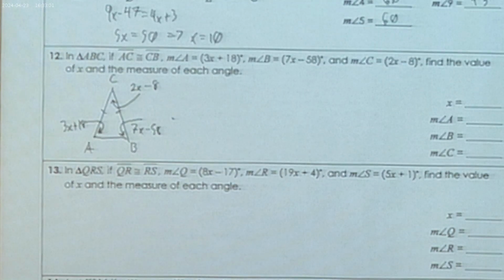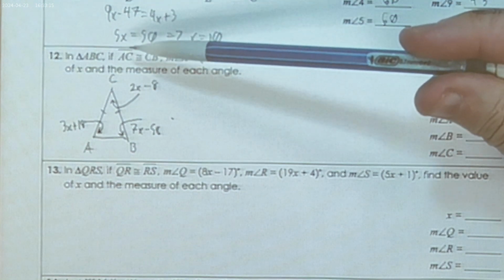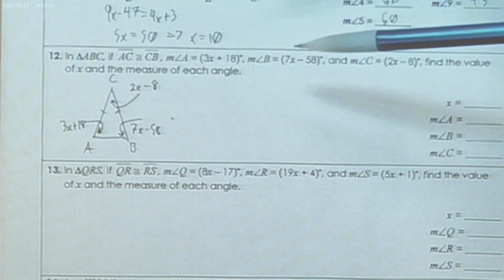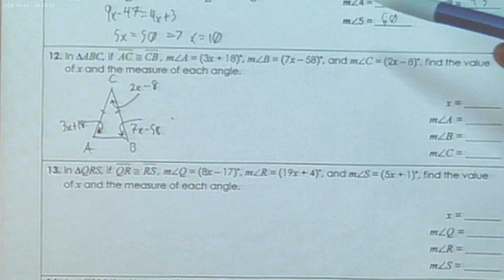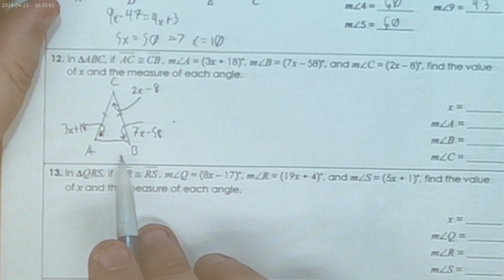Now, if you've done a bunch of these problems, do you need the drawing? Not necessarily, if you're good with visualizations. However, again, with triangle ABC, you just get the sides that are equal to one another. Without the drawing, you might set the angles incorrectly to one another. You may say that angle A equals angle C, which will give you a wrong answer, and you'll spend a lot of time trying to solve through it. It is just worth the time to draw out the picture, because now I can just